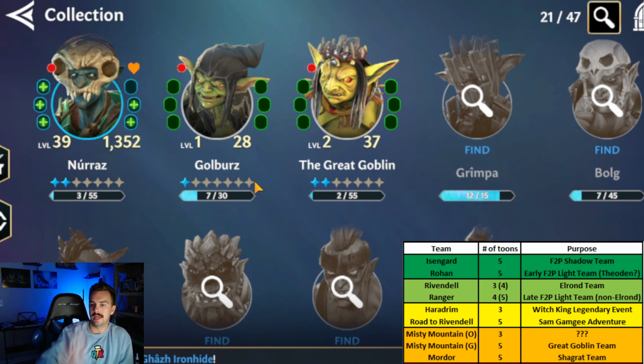Bolg, Nuraz, and Tordok kind of form their own orc Misty Mountain team, and I do think it's interesting in the sense that in the future they could potentially be used to unlock, maybe, Azog the Defiler, who's Bolg's father canonically. He's the one that Thorin and them slew at Moria. In the movies, Azog stuck around though, but in the books it was Bolg that took Azog's spot. I could see that being potential,